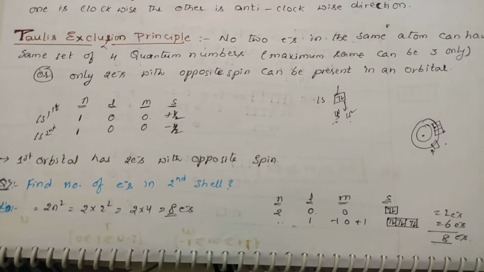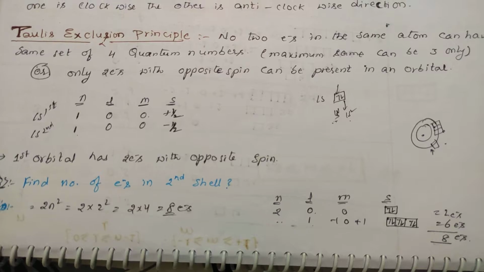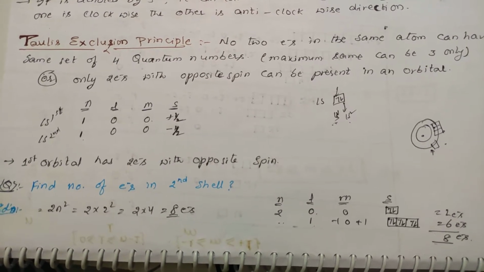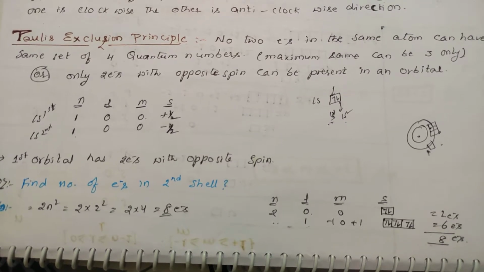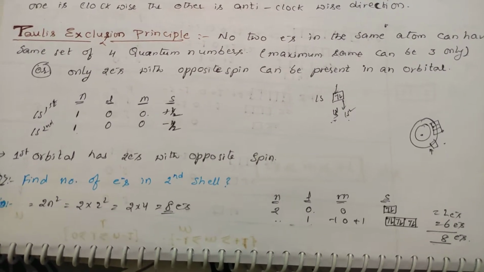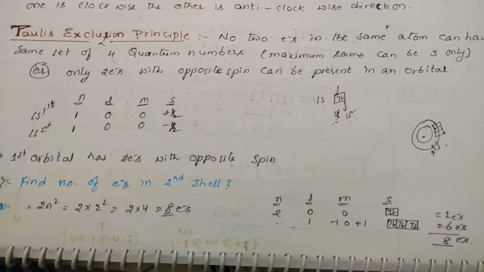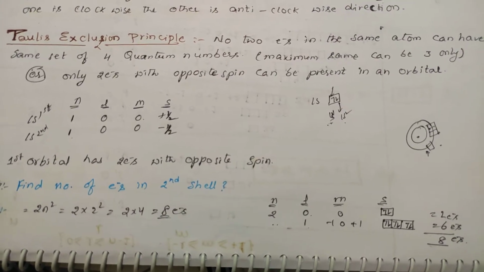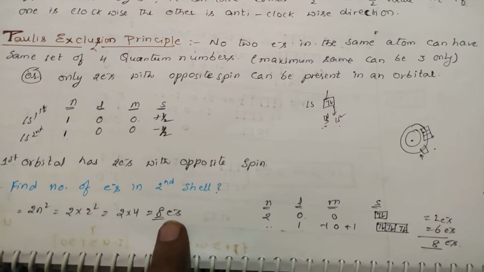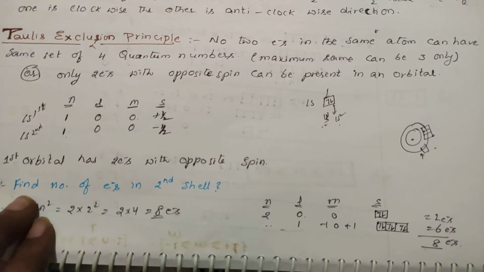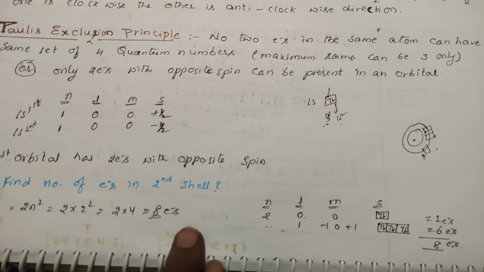See how the electrons will be present. Second shell he is asking, means in second orbit. In second orbit you will be having 2s orbital as well as 2p 3 orbitals. In 2p you can keep 6 electrons and in 2s you can keep 2 electrons. So totally you will be getting 8 electrons. So 2 into n square you will be getting the number of electrons. Only n square means number of orbitals, 2n square means number of electrons.